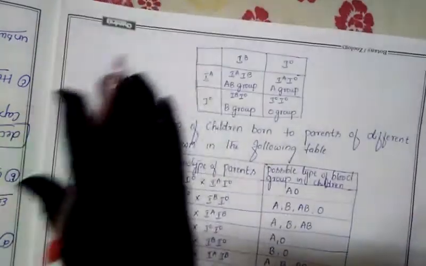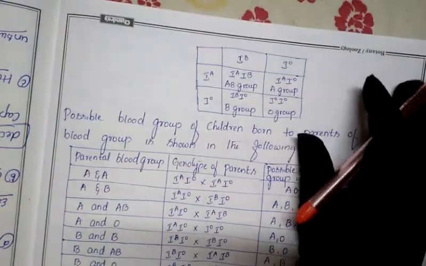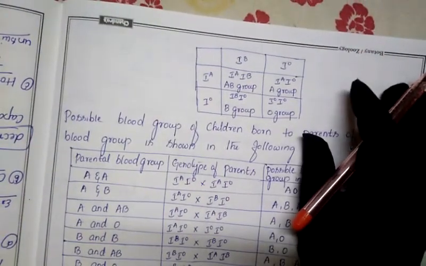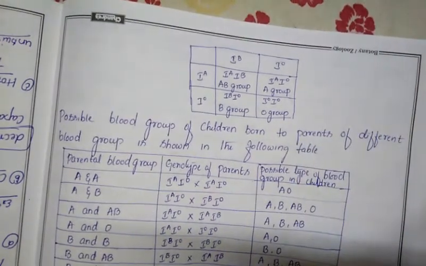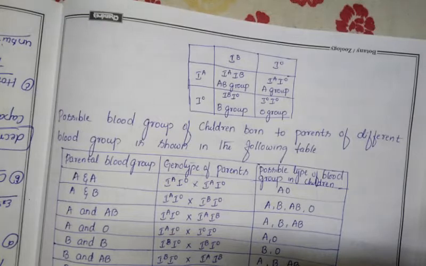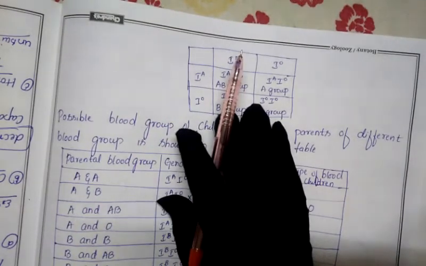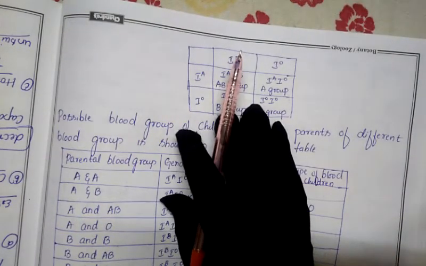So like that, questions may arise in your board exam and even in your NEET exam. These questions are especially important for your NEET exam. Suppose they don't give any heterozygous or homozygous condition, and just give the father having the A blood group and the mother having the B blood group. Calculate which type of blood group will appear in the offspring. Such type of question will be asked in your exam.